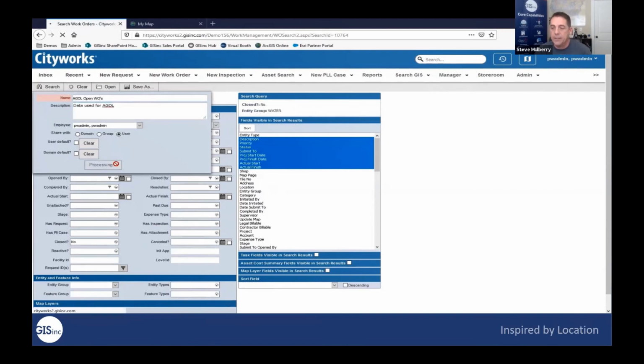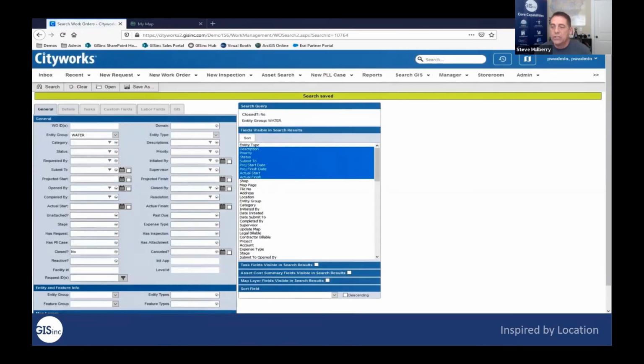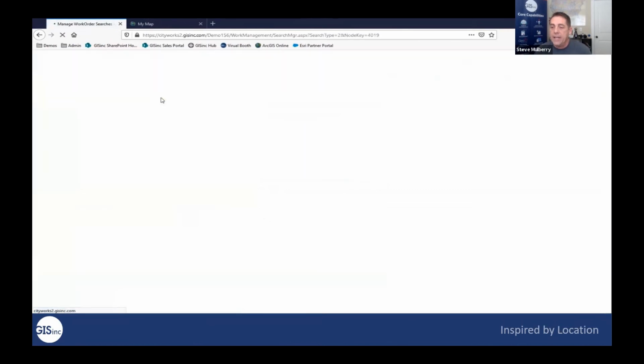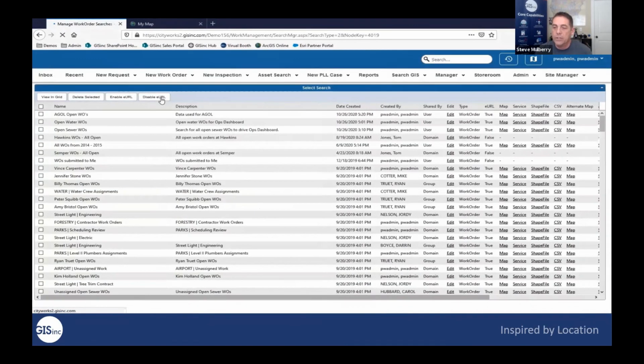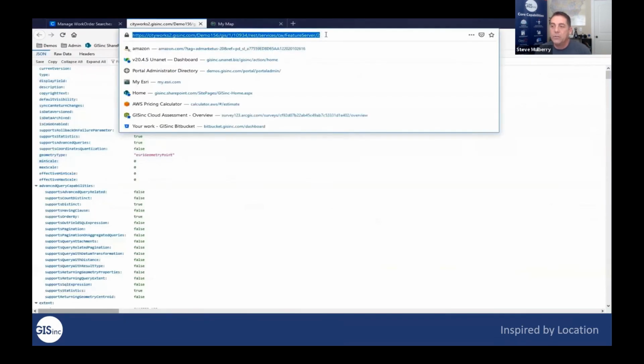So I save that here. And then if I go back to my saved searches, we should see that now as the top one in my list. And if you look over to the right, there's that open work orders for ArcGIS Online that I'm using. It says eURL equals true and that service. So if I click on that service link, it gives me the endpoint. This is that hosted feature service. And all I need to do then is grab that URL,